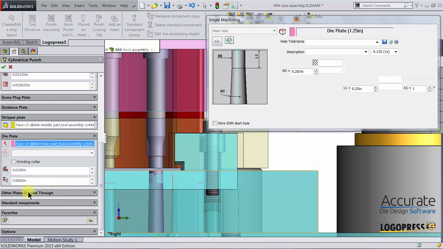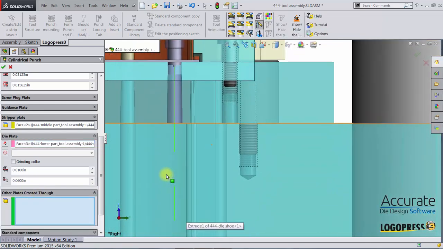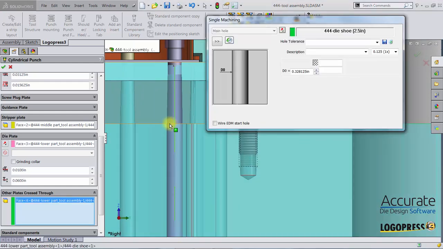I'll put focus in the other plates cross through, and I need to select the die shoe for my die clearance for the slug. Or I should say slug clearance. When I have focus on that die shoe in this box, I can come over here and enter a size for the slug clearance. I'll say 0.344. I can now check OK,